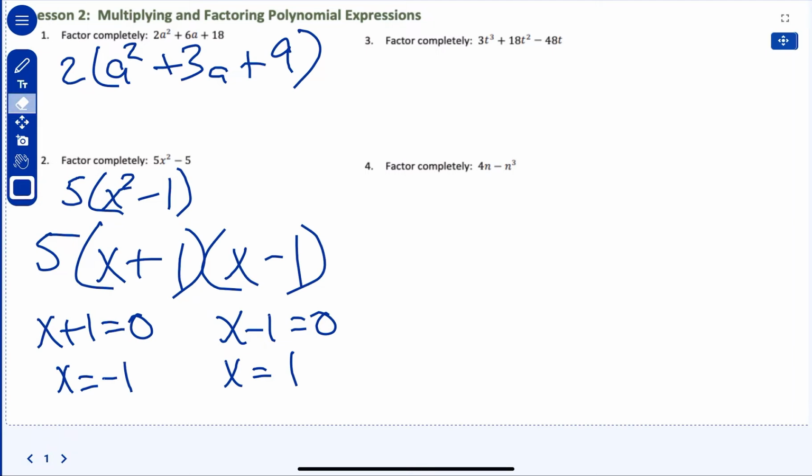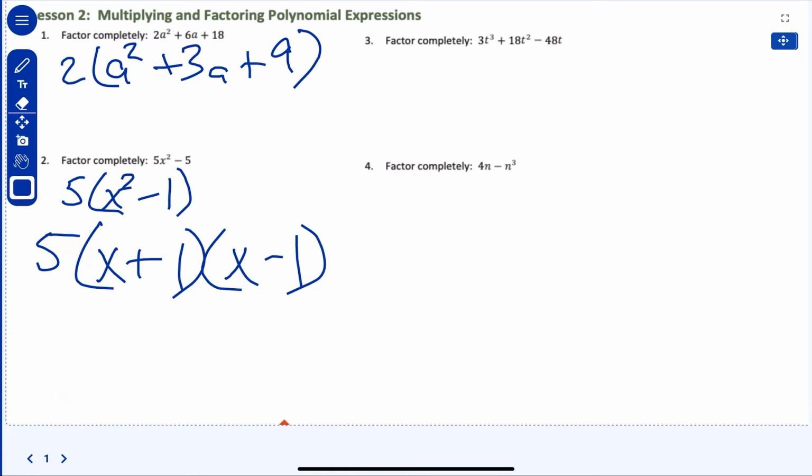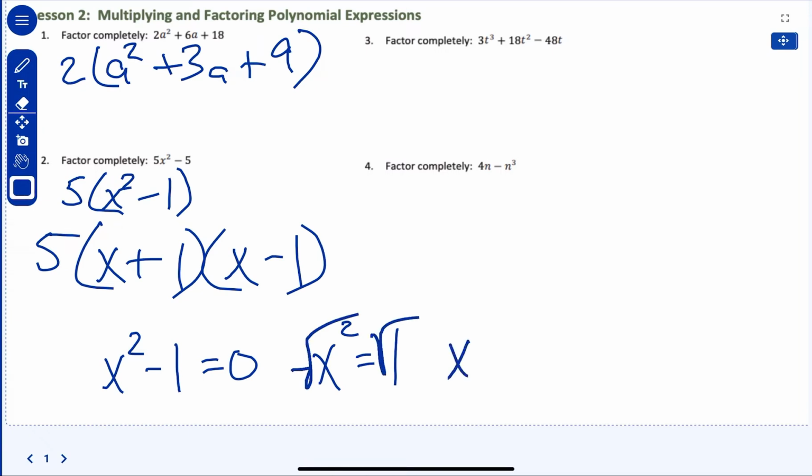So now then, how do we get that though? How do we know that from the difference of two squares? Well, watch this. If we had left it at x squared minus 1, and we set that equal to 0, what's the answer? X squared equals 1. Well, what do you got to do still? You square root it, right? X equals, what's the square root of 1? 1